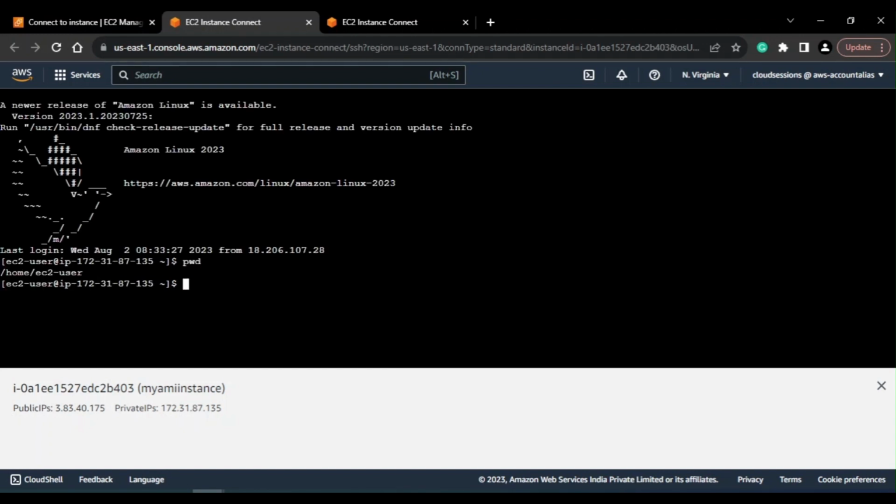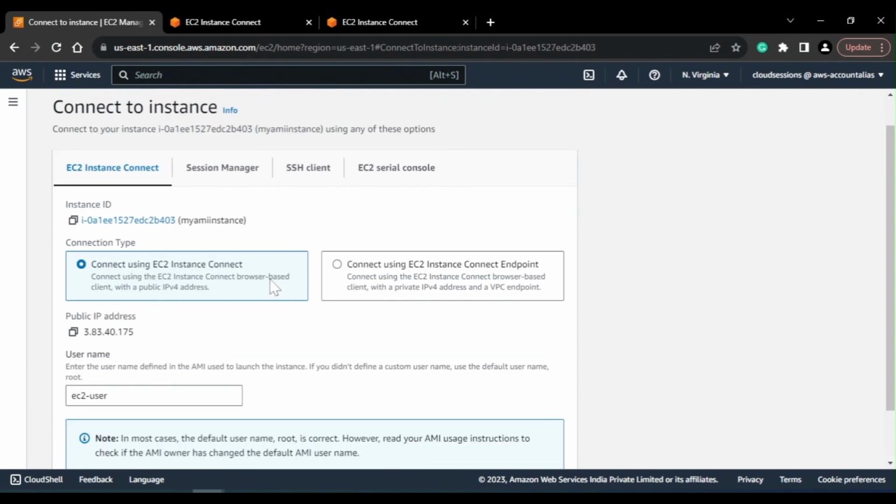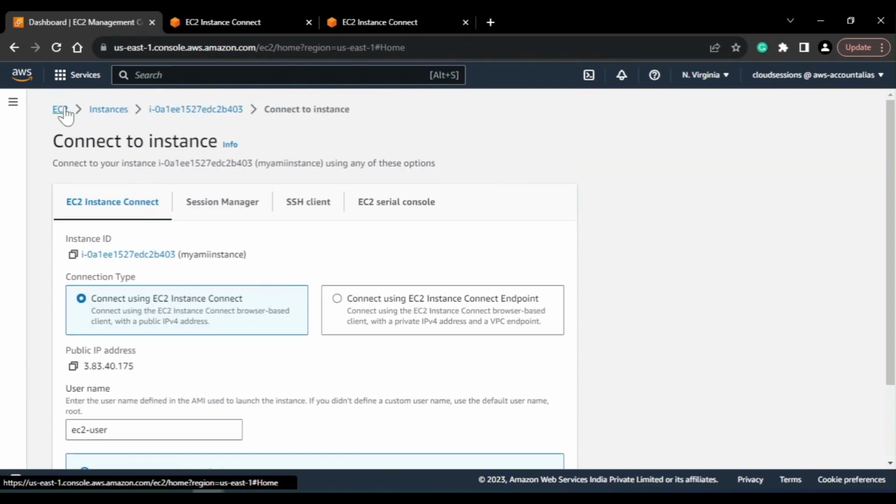currently I'm in the home directory. If I just do ls, here you can see there are 4 files, and these files are copied as they are to the new instance, I would say. So I've created one instance from my AMI. If I just go back to the AMI tab,